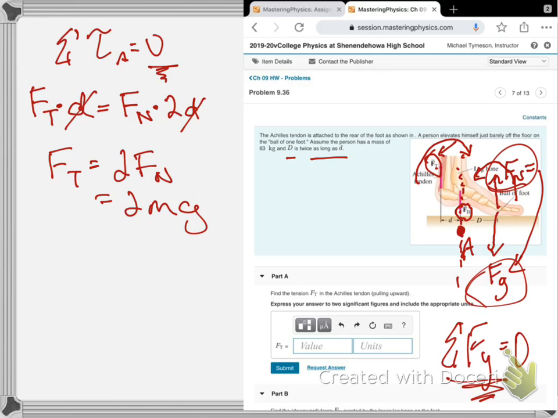When I clipped this, part B didn't show up, but I'm pretty sure part B is asking what is force B. Force B, if we sum the forces on the whole foot, you're going to see that you have Ft, actually,